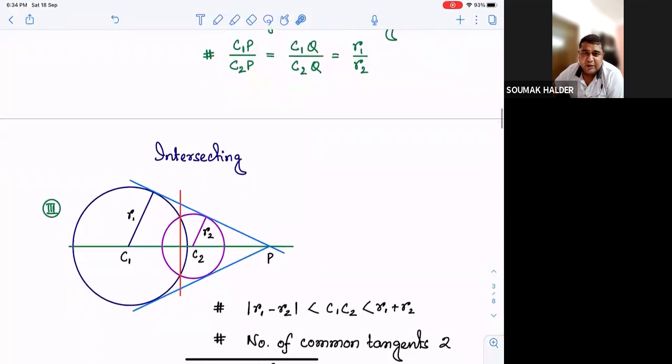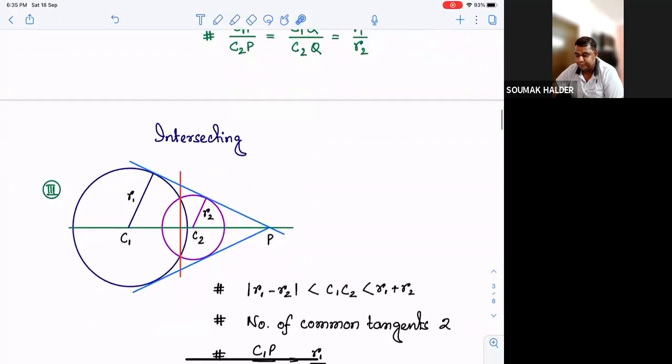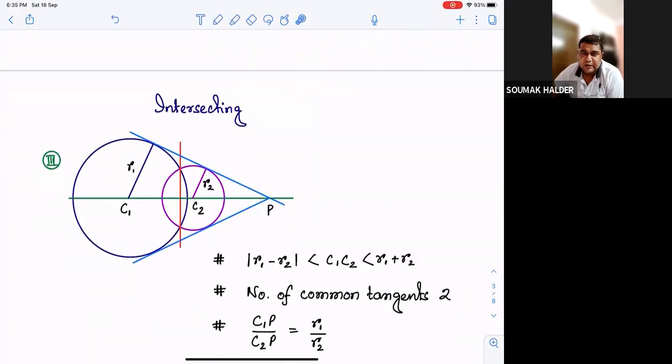The number of common tangents has been reduced to just 2, and both are direct common tangents. There is no scope of a transverse common tangent or a tangent through a contact point. As such, there is no contact point. There are two intersection points, which give us a chord common to both the circles. And obviously, that point of intersection for the direct common tangents will still be holding the earlier relation, that it is the external section point of C1, C2 in the ratio of radii.